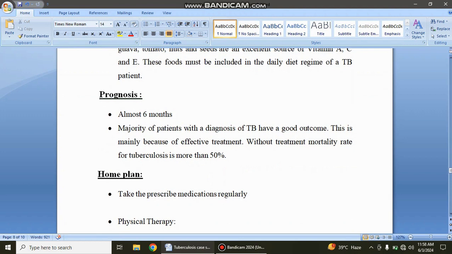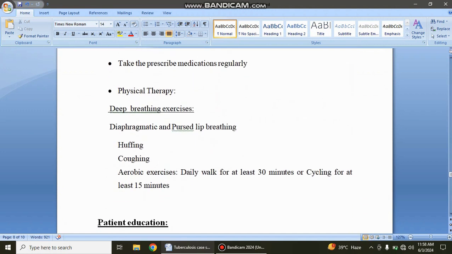Prognosis: treatment almost consists of 6 months. The majority of patients with a diagnosis of TB have a good outcome. This is mainly because of effective treatment. Without treatment, the mortality rate for tuberculosis is more than 50%. Home plan: take the prescribed medications regularly. Physical therapy,